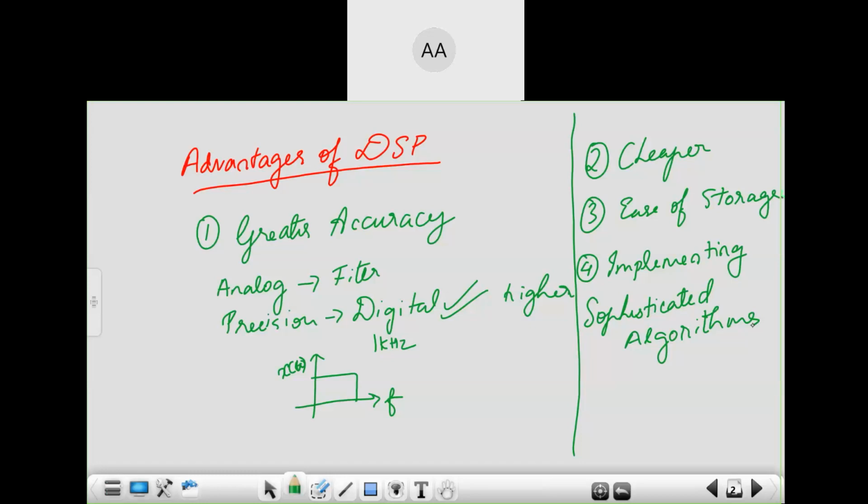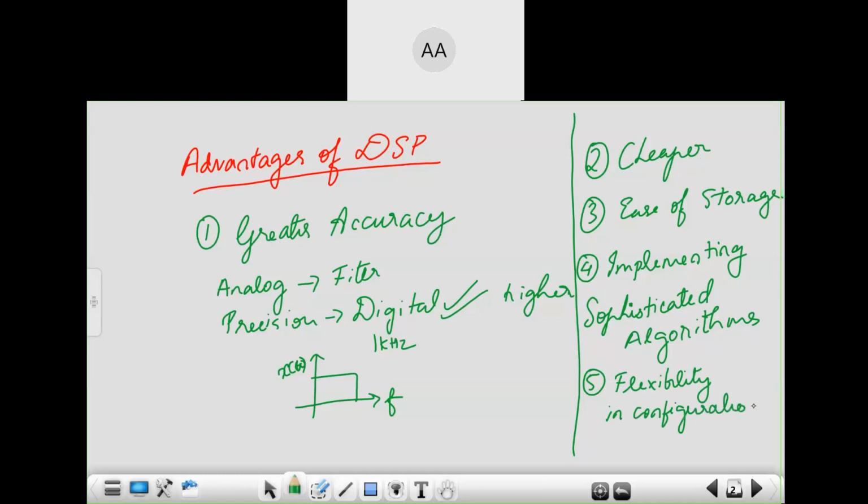So to implement all these things on hardware is very easy. Even if there are complicated algorithms, it is very easy for you to implement them using a DSP, that is a digital signal processor. From simple to complex things, you can do it. So that is a very big advantage of DSP processors, which you will use in many practical applications. Okay. Next thing is you have flexibility in configuration.